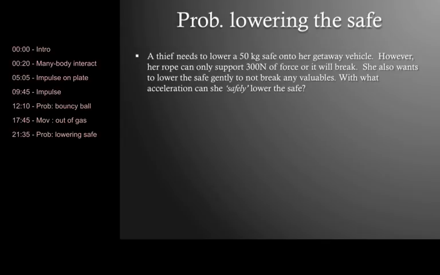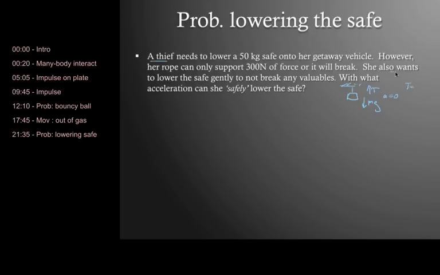In our last problem, we have a thief who needs to lower a 50 kilogram safe onto her getaway vehicle. Her rope can only support 300 newtons, so we could go ahead and work out, what if she just dangled the safe from this rope? So we know that we'd have mass times gravity, and we know that we have tension on the rope, and that if we were just dangling it, then the acceleration is 0. So this would tell us that